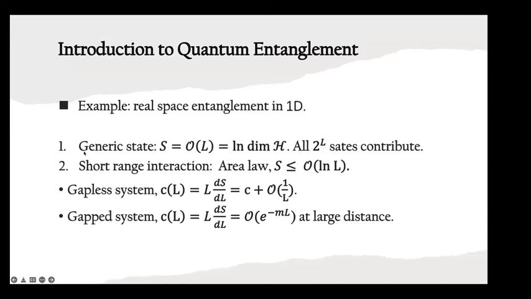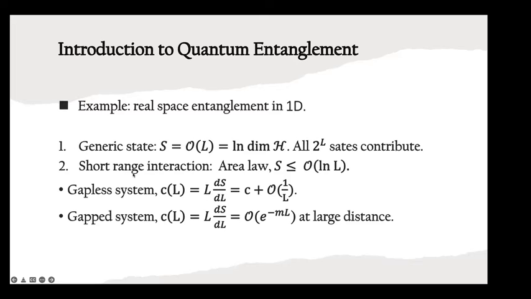For example, for a generic state corresponding to a fermionic system, which means at each of these digits there is a Hilbert space of dimension 2, after tracing out the rest, the entanglement entropy grows as a volume, proportional to the size of the system. This is because, in order to diagonalize the reduced density matrix, you need essentially the most components in the Hilbert space.